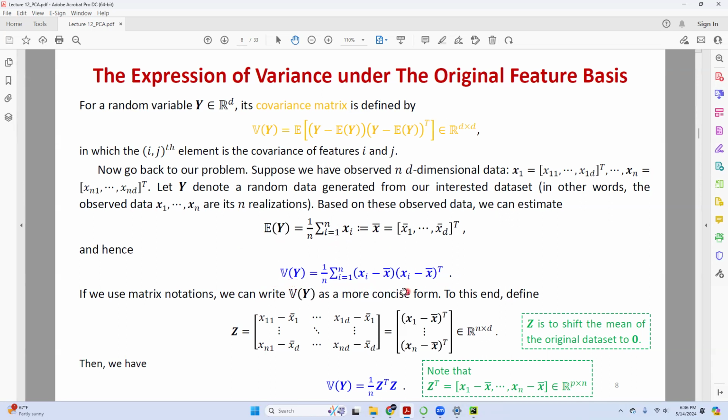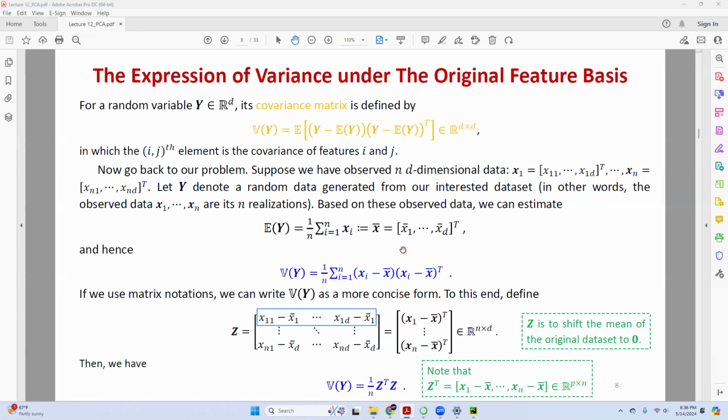And then we are going to shift it to the center, which means for each data, I move it this way. Be very careful here. Each data is defined as a row. The reason I write it this way is because Python does the same thing. So it's not like column vectors anymore. Each data is kind of like a row vector. It's x1 minus x bar transpose.